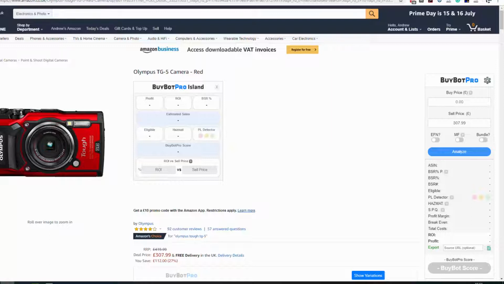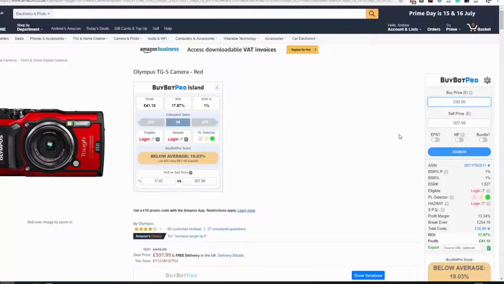Of course, its primary function is to give you a very accurate representation of the Amazon fees for any given product. It's really simple to do. You enter your buy price, you hit enter, and within a few seconds it comes out and gives you all the information you need about the product. Your return on investment as a percentage, your profit in pounds or dollars if you're in the US,